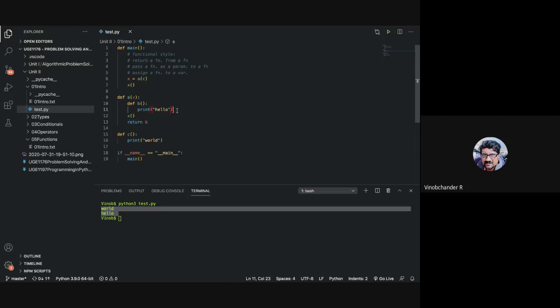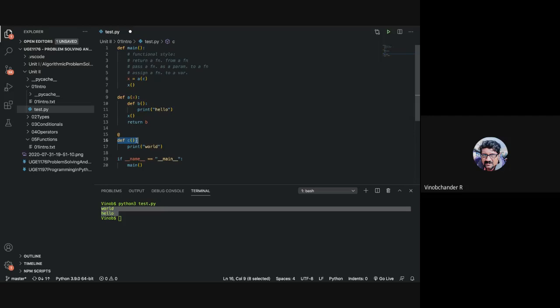Rather than having it this way, what you can do is, this C, you can decorate it or annotate it with this operator at the rate, and specify the function to which you pass this C as the parameter.